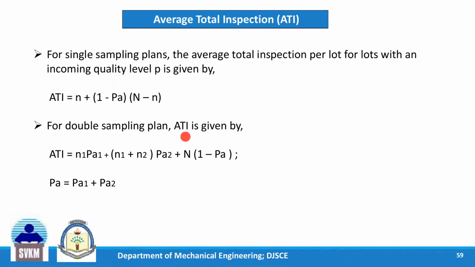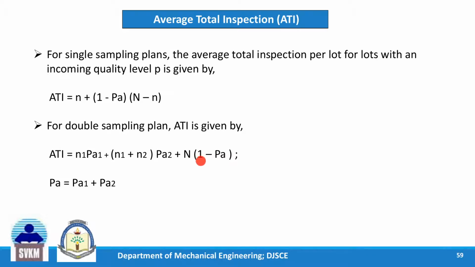And for a double sampling plan, ATI, or average total inspection, is equal to N1 PA1. Now what is N1? N1 is the sample size of the first sample. PA1 is the probability of acceptance on the first sample. Plus (N1 plus N2) times PA2, where N2 is the sample size of the second sample, and N1 plus N2 is sample 1 plus sample 2. PA2 is the probability of acceptance based on the second sample. So it is cumulative. Plus N minus N1...